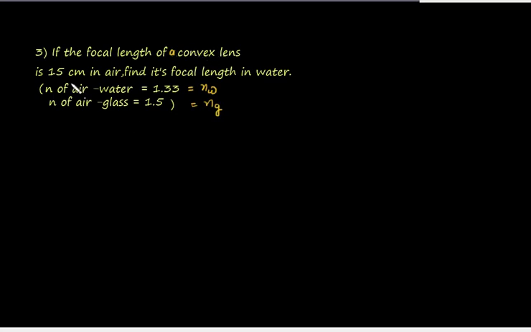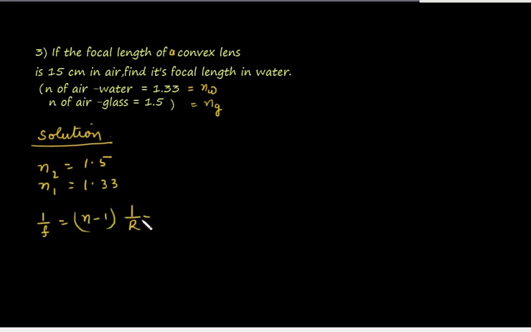Focal length is given. The material of the lens is glass. Let us solve this problem. Let us take the refractive index of glass as n2. n2 is equal to 1.5. n1 is that of water, equal to 1.33. We will make use of the lens formula, that is lens maker's formula. What does it say? 1 by f is equal to n minus 1 into 1 by R1 minus 1 by